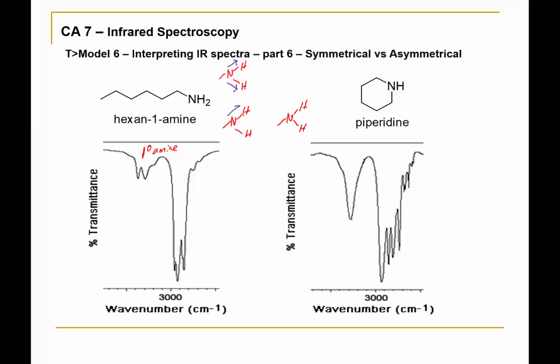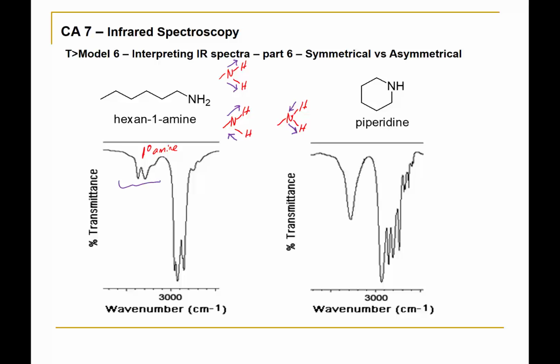Alternatively, there could be an extension of the nitrogen-hydrogen bond, a stretch that way, but then a contraction of this other bond. Or alternatively, there can be a stretch of this nitrogen-hydrogen bond and a contraction of that one. So that would be an asymmetrical stretch. The symmetrical stretch gives rise to one of the peaks for that primary amine, and the asymmetrical stretch gives rise to the other peak. Which is which, I'm not sure,